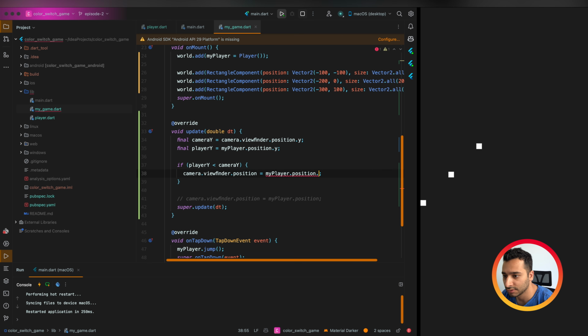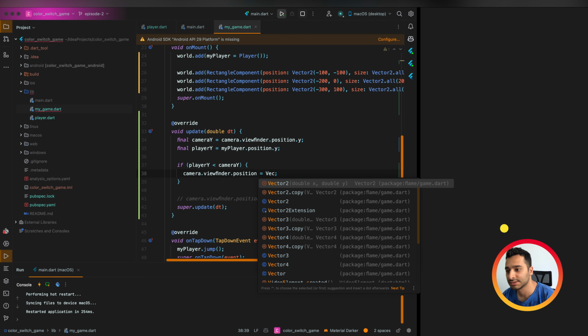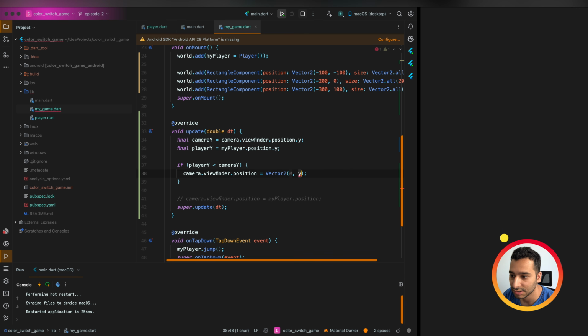So what if we do this? Yes, so you cannot set y and x values of a position. It seems you can only pass a vector as a position here. So we can say 0 and player.y.